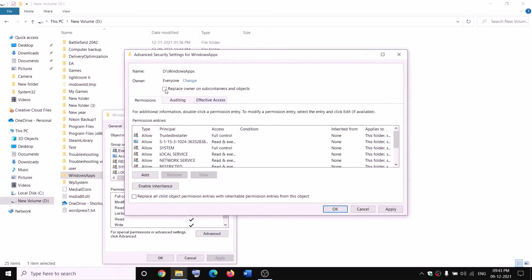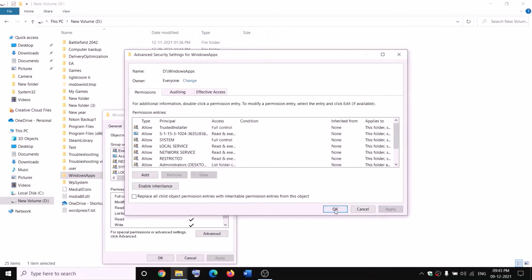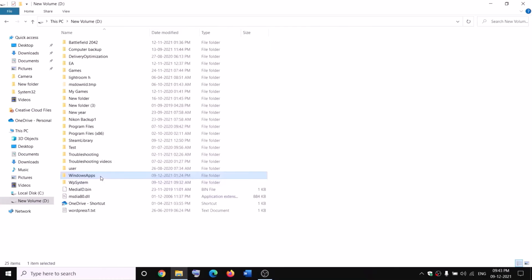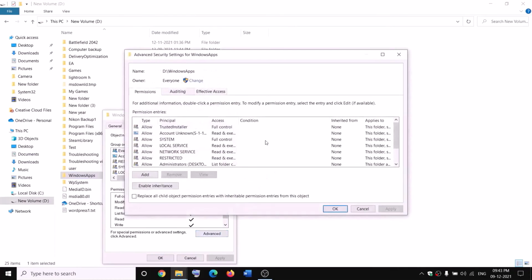Now put a check on the box which says replace owner on subcontainers and objects and then click on apply. OK. OK. Again OK. Again make a right click on Windows apps, select properties, security tab, advanced, and this time